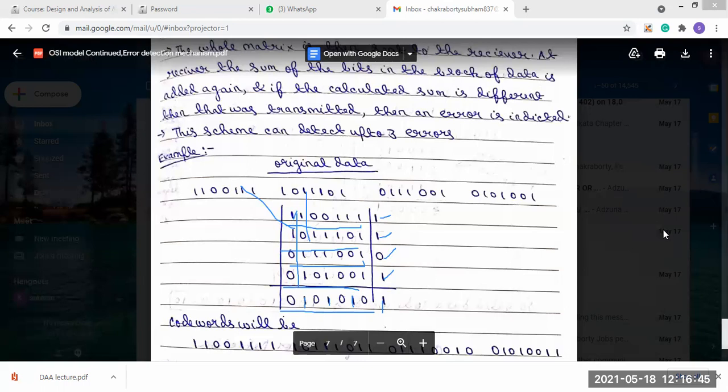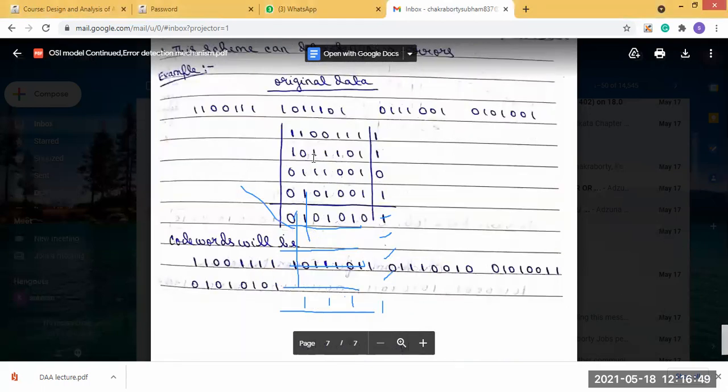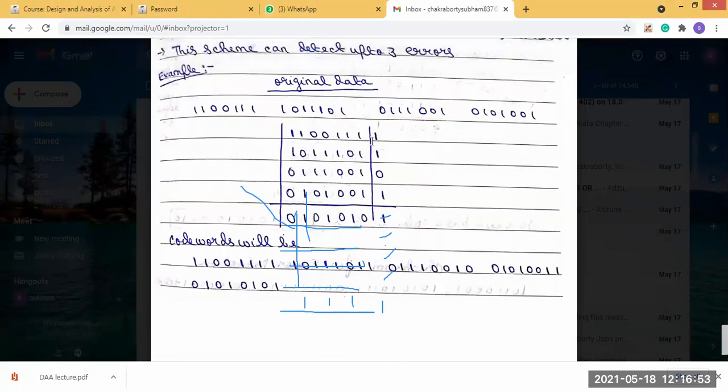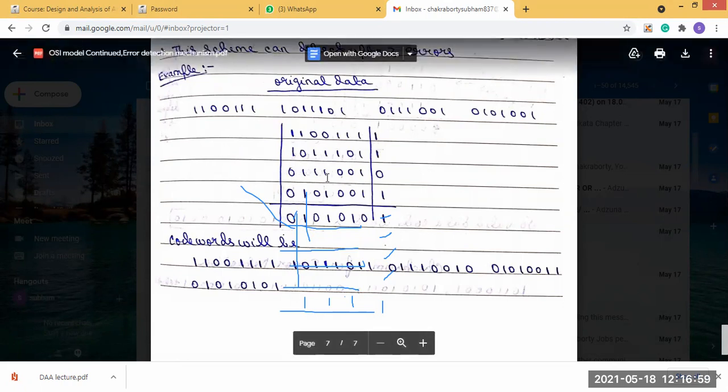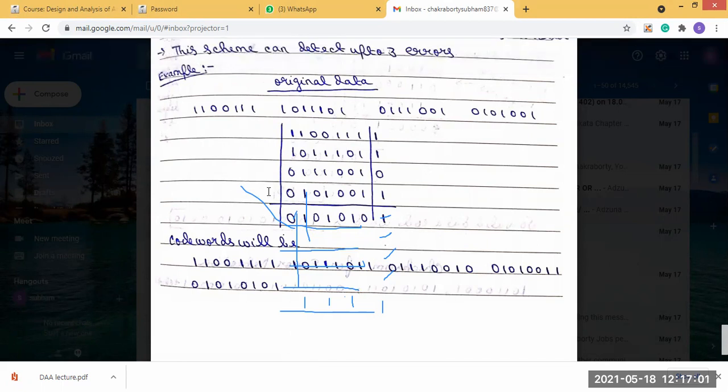So now you can see, when the sender sends, the code words will be 11001111, then 1011 1011, then 0111 0010, then 0101 0011.